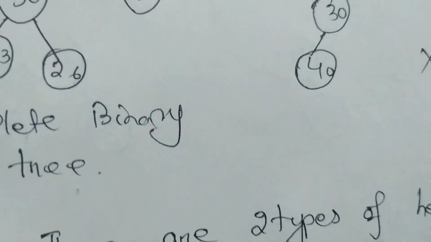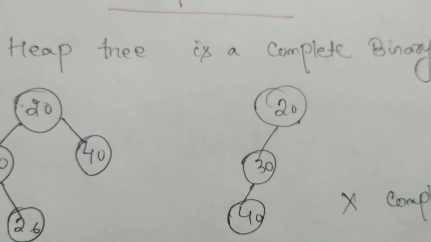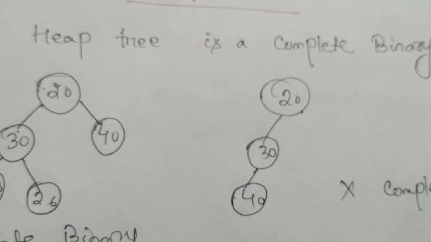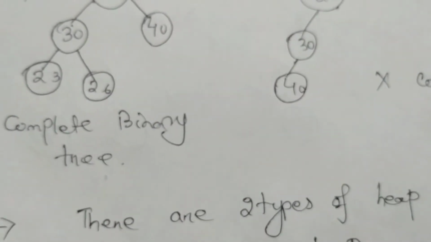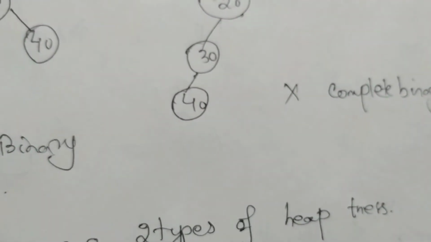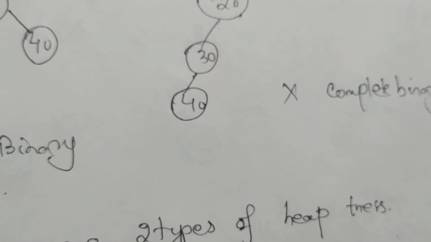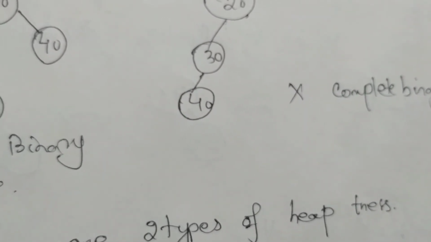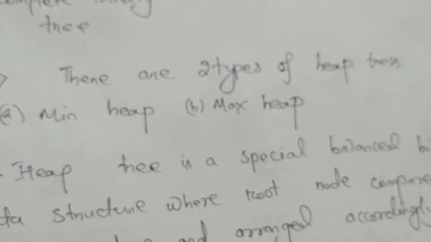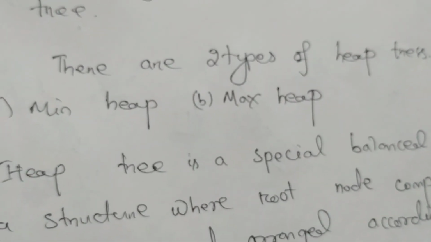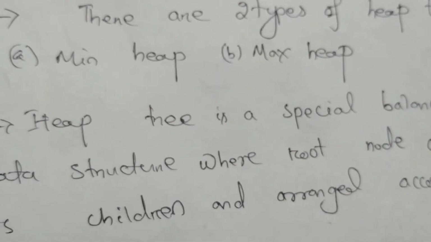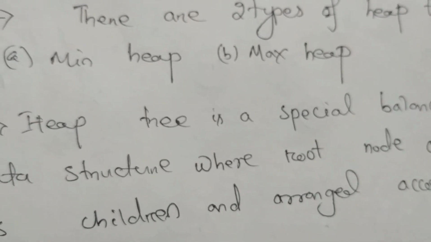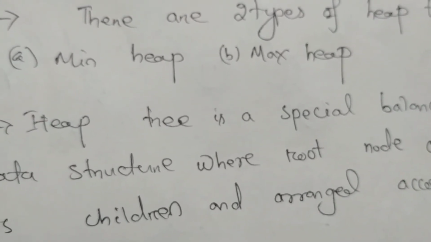Now there is the heap tree. Okay. Now we have to construct a heap tree. So what is a heap tree? A heap tree is a complete binary tree, and we have already studied what a complete binary tree is. So here you see this is a complete binary tree, but this one is not a complete binary tree because at the last level the right subtree is not present. Okay, so now there are two types of heap. One is min heap, another is max heap. If we always try to minimize our root node, then it becomes a min heap, and if we maximize our root node, then it becomes a max heap.